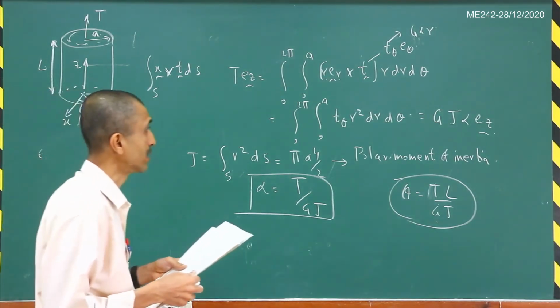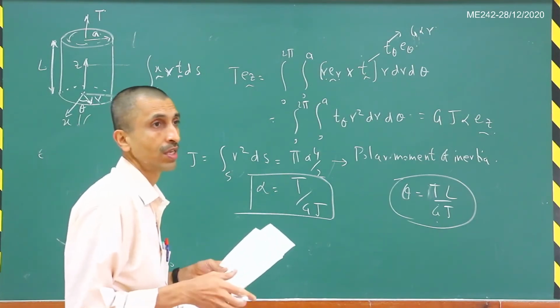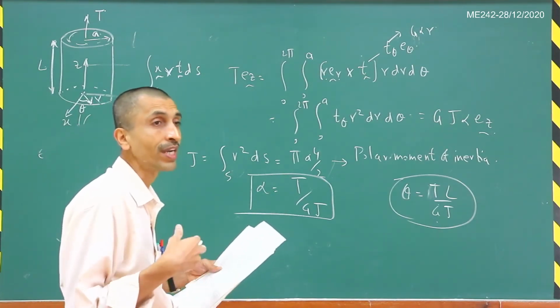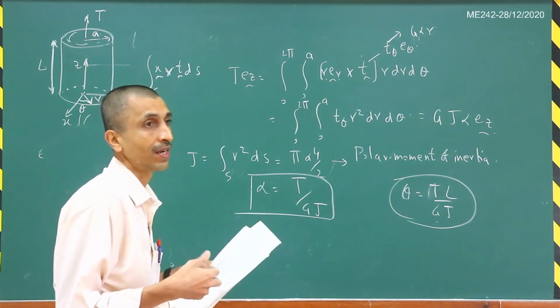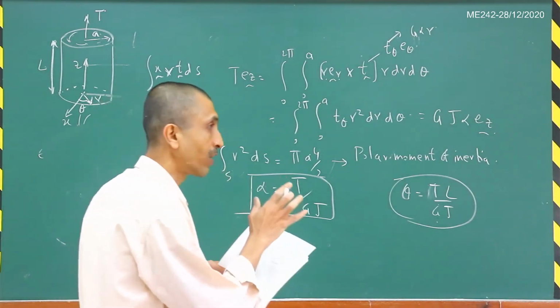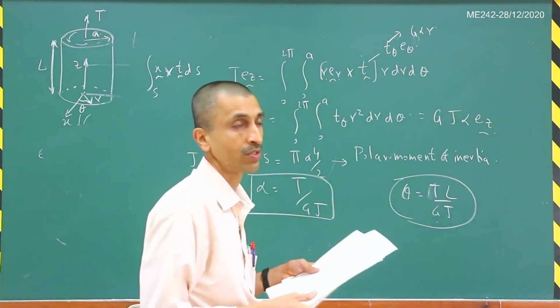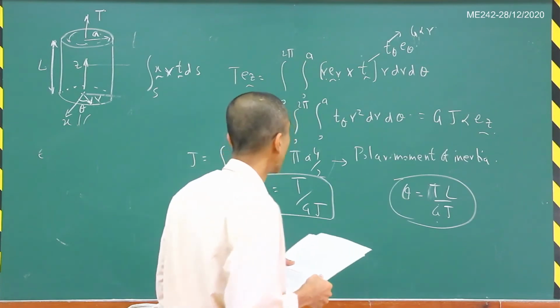So basically this is an exact solution, and because of the uniqueness of solutions in linear elasticity, we do not need to check whether there is any other solution. We need to find only one solution, and if that satisfies everything, then that's it. We don't need to check for anything else.